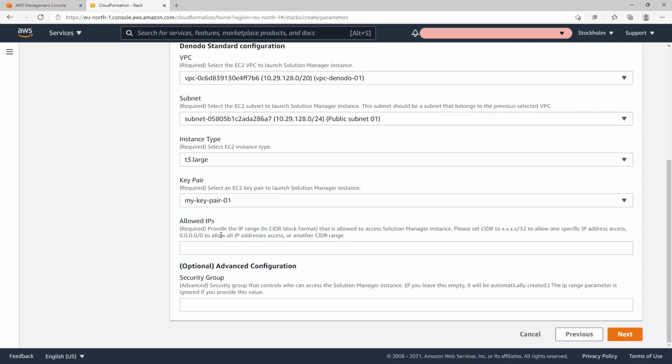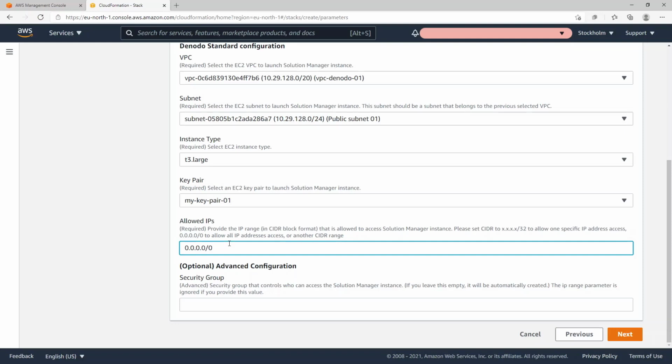Then, select the allowed IPs. You can provide the IP range in CIDR block format that is allowed to access the Solution Manager instance. In this case, I select this one, 0.0.0.0/0, to allow access to all IP addresses. Optionally, specify the security group for the instance. This defines who is allowed to access the launch instance. You can define a range of IP addresses that are allowed to access the Solution Manager instance.